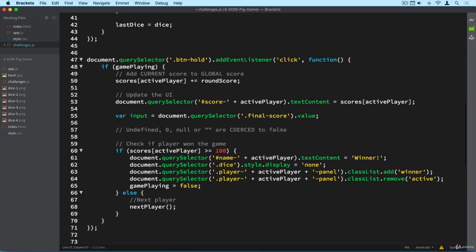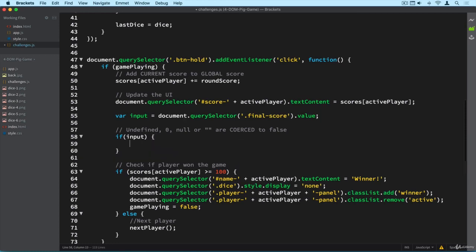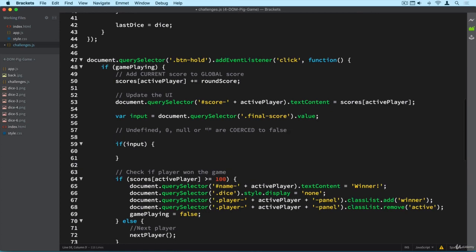So if we have a condition like in an if statement, and I'm actually going to write it, so if we have something like this, a condition here, then JavaScript will try to coerce this value here to a true or false value, so to a boolean. And in case that the variable that we have here is set to undefined, to 0, to null, or to the empty string, then these are coerced to false. And anything else